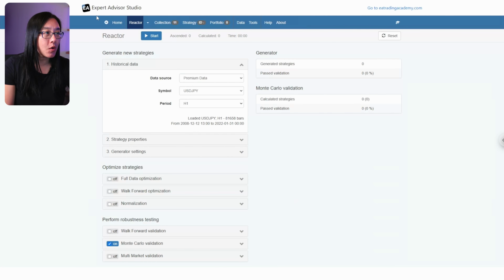I have a secret button, and this button will generate thousands of trading strategies for me. But now, which one do I choose? Because realistically, I'm not going to trade 1,000 strategies on my live account. Today, I will be using a tool called EA Studio, and this is a web-based software that will create strategies